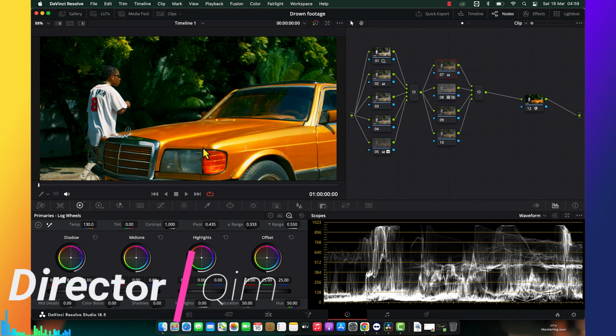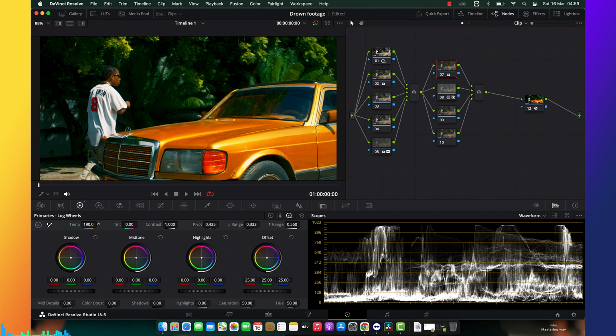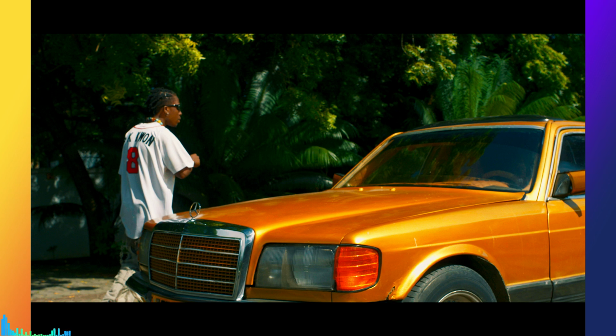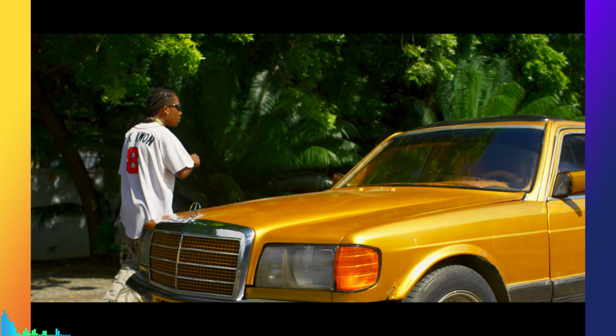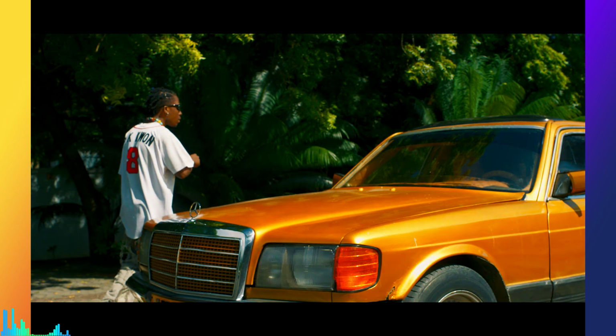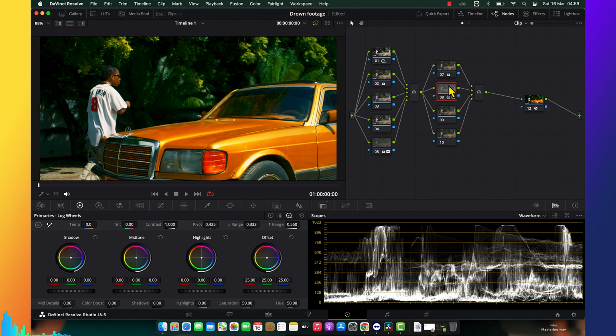So one thing that I'm going to do is just increase a little bit of warmth, because for this grade I want a very warm tone, and this is it. Look how good it's looking. This is before, look at after, and now the separation, everything is looking nice and detailed. So now let's jump into our